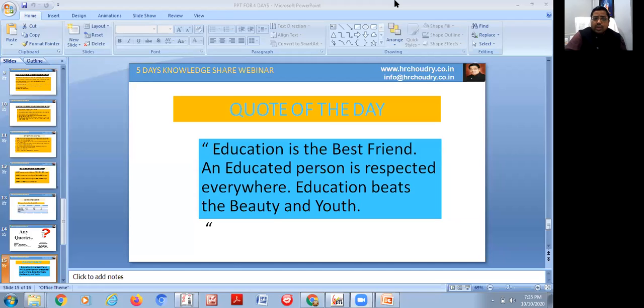Everyone should start investing at an early stage. When you start earning, from the first month's salary at least 20% of your salary should be invested. Early investment is very beneficial for your future. So tomorrow's session is very interesting, because nowadays even IT people and others earn lakhs of rupees per month, but at the end of the month they face problems because they have no savings, because expenditure is very high.